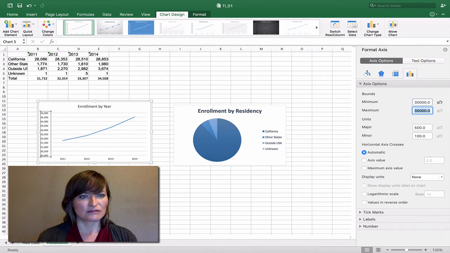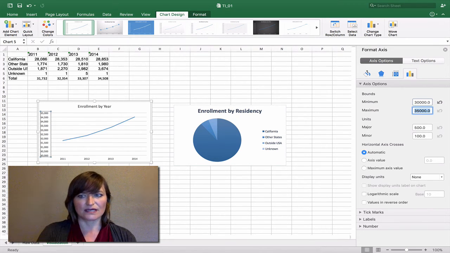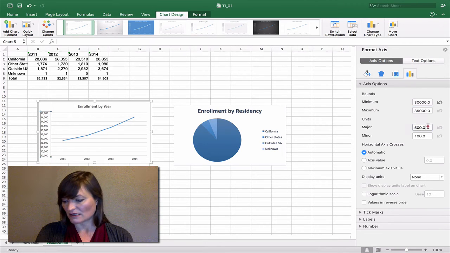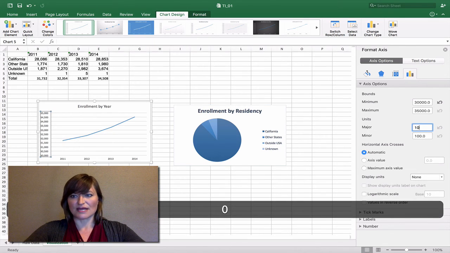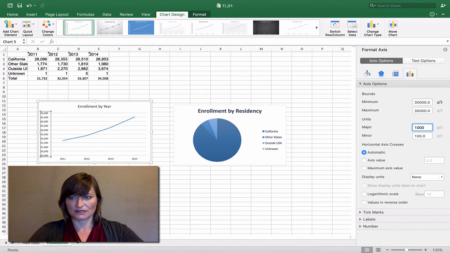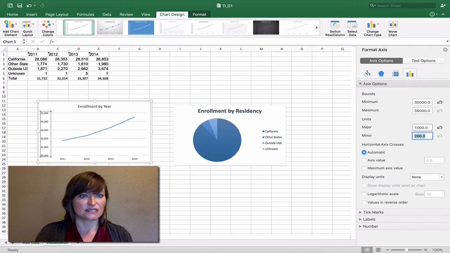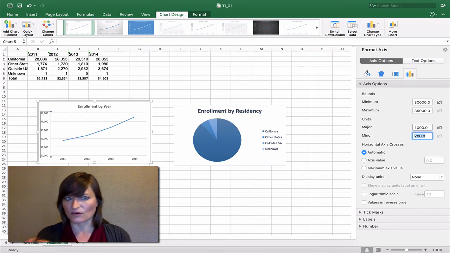To reduce the clutter, to reduce all of those tick marks, what we're going to do is under the units, say instead of having the major unit be 500, let's have the major unit be 1,000. And I've selected that, typed that in. I'm now going to hit the tab key, and that's going to apply the changes. Oh yes, that's much clearer, isn't it? That's really taken away all of those grid lines and that clutter.